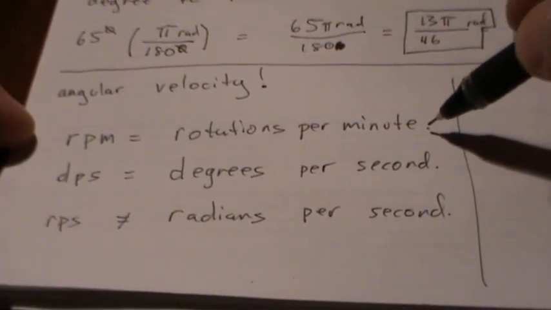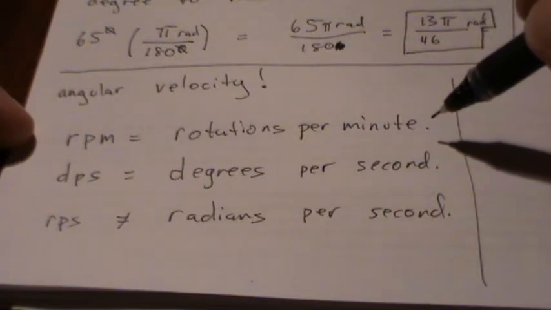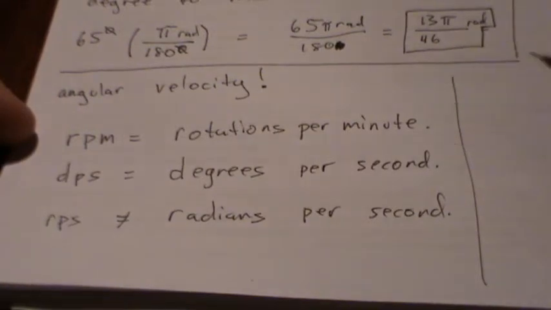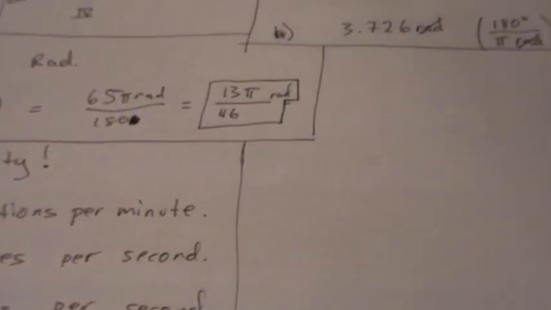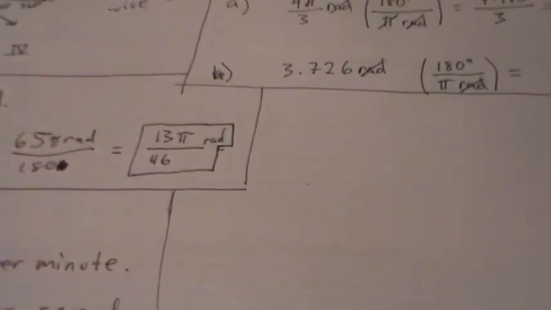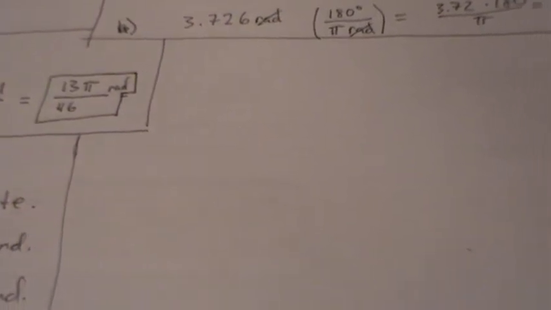RPM is usual for vehicles. You look at a vehicle and your RPMs tell you how often your engine is rotating every minute. So an average RPM would be maybe 1,200 rotations per minute, which is a lot, but not super fast. Because remember, you have a whole minute to rotate around just a few times. Anyway,